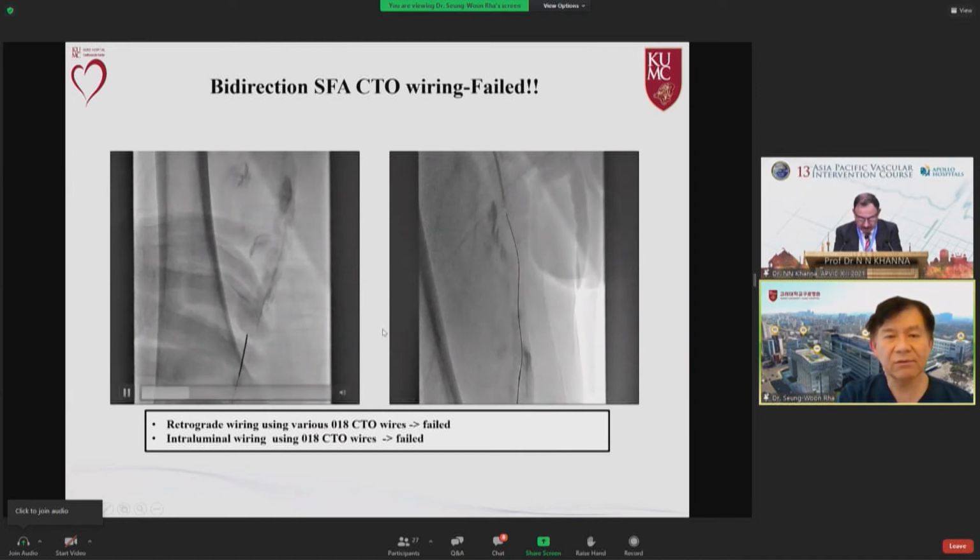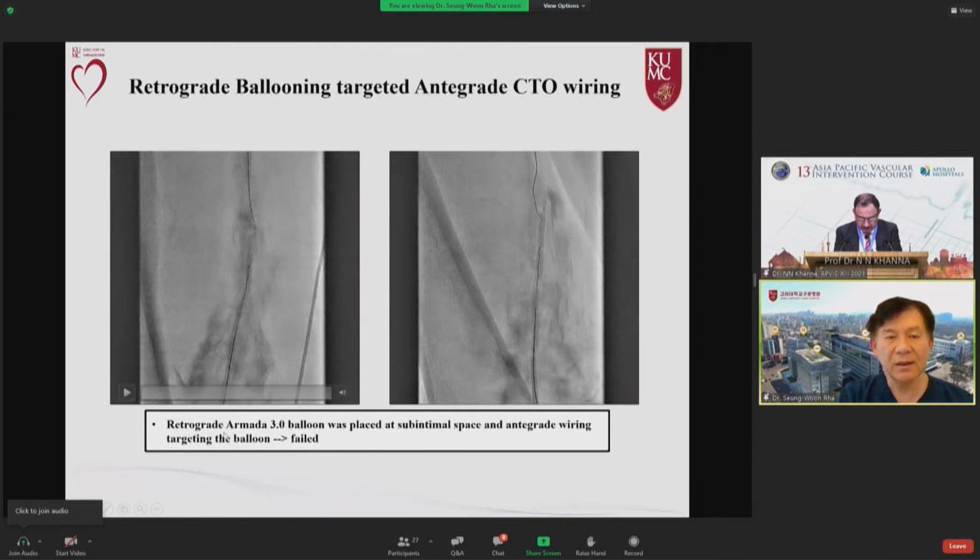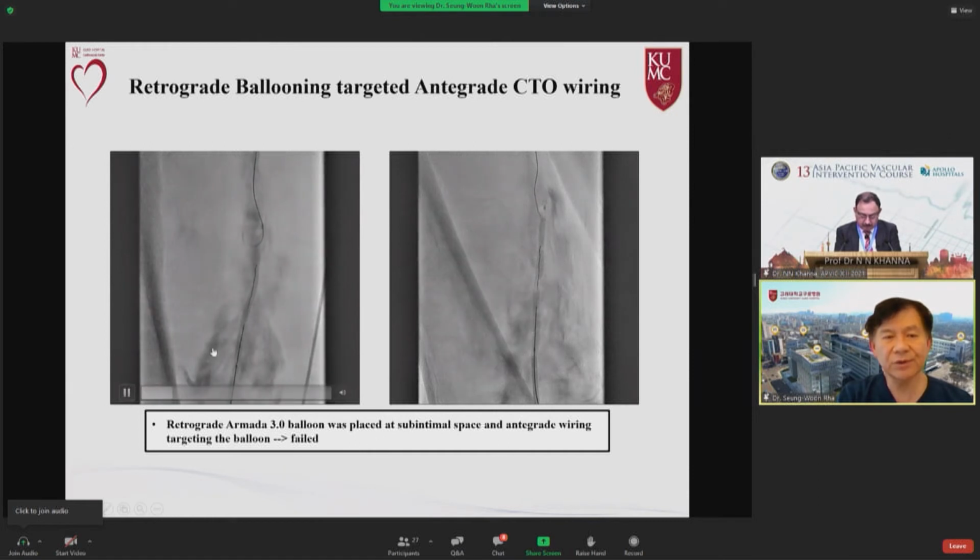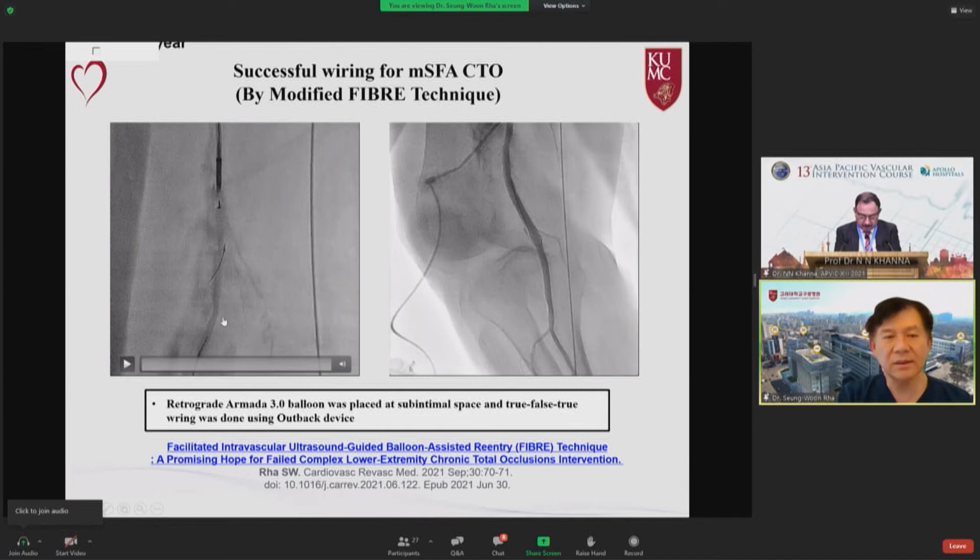The last resort was a modification: the proximal wire was sent maximally to the calcified body and partly into the subintimal space, and we did the retrograde puncture and maximally inflated the retrograde balloon, inserted the little balloon, and targeted the inflated balloon with another re-entry device